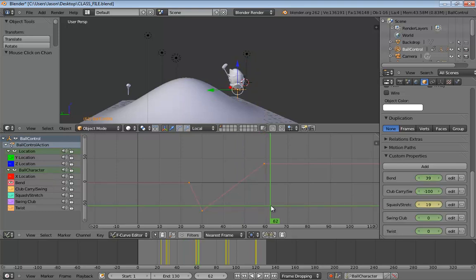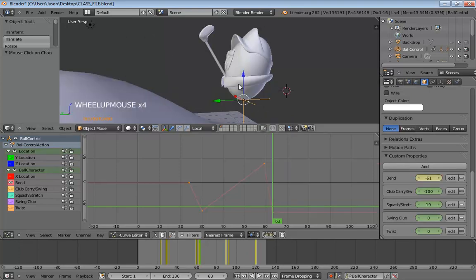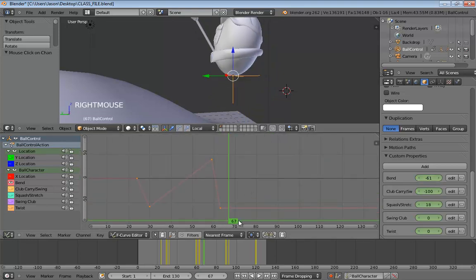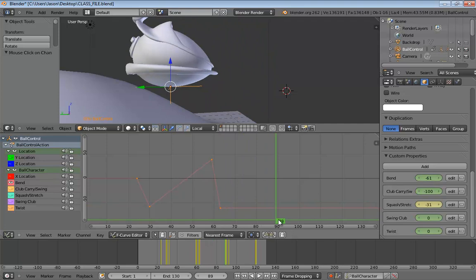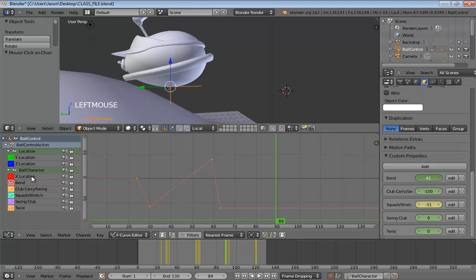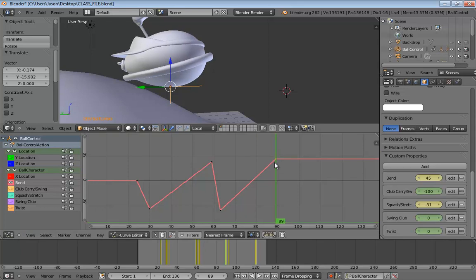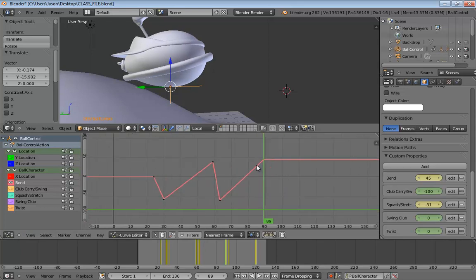Nice. So we'll go to about frame 63, just a few frames later, and we'll lean him back again. Once again, actual values are not as important as looking at your character and seeing what his pose is going to be. We'll come up here to frame 90, back up one frame, and make him look down again. And I'll bring this one down and even it out with the other one. I just clicked and dragged on the keyframe itself to move it down a little.